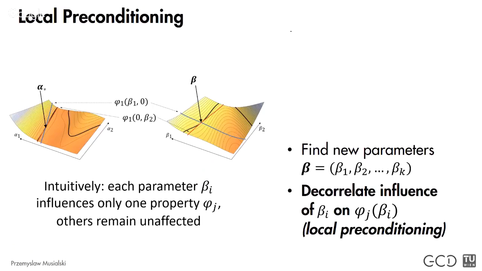Okay, because in this original space we have seen that, for example, if you want to change the pitch of an object, we have observed that we have to adjust a number of those parameters alpha. And we thought maybe it's better just to map it directly. So let's find a beta which changes the pitch, and only beta 1 changes only the pitch, beta 2 changes only the second overtone, and beta 3 should change the third overtone, and so on. So we have this mapping from parameters to properties more directly. So we want to decorrelate it,